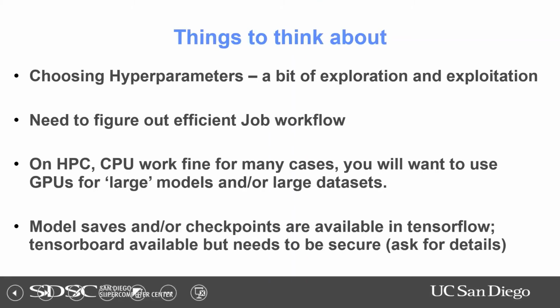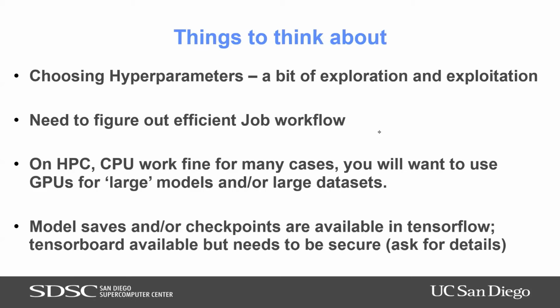Okay. All right, so here's the thing we want to think about. Let's say you're at the point where you set up some code and you get comfortable with what Expanse is doing. Here are the things you really want to think about as you run, whether it's Expanse or anything on Exceed, for your project in general. One of your big time considerations is going to be choosing hyperparameters. When we choose our hyperparameters, it's really a little bit of exploration and exploitation. I'm going to go through these in a little bit more detail. We need to figure out how to run efficient jobs.